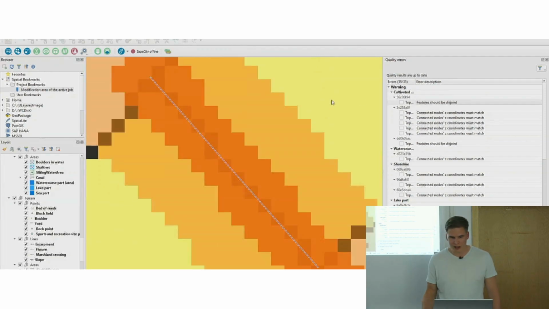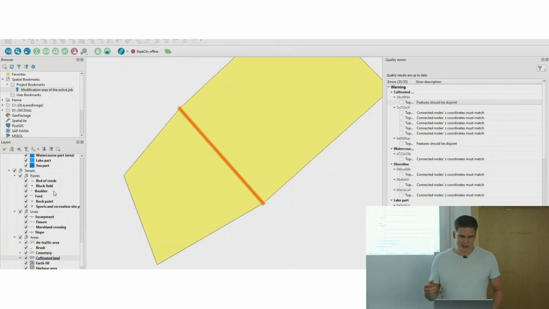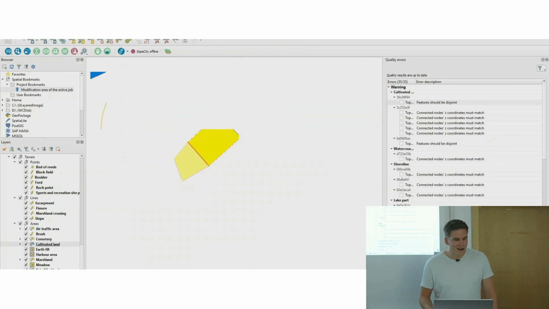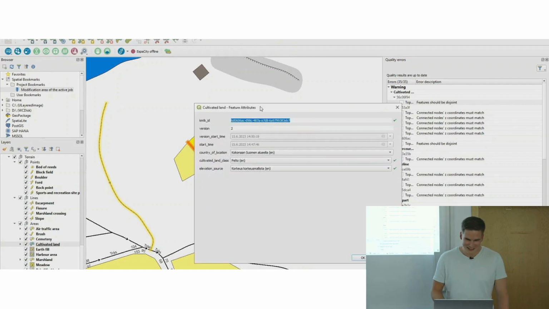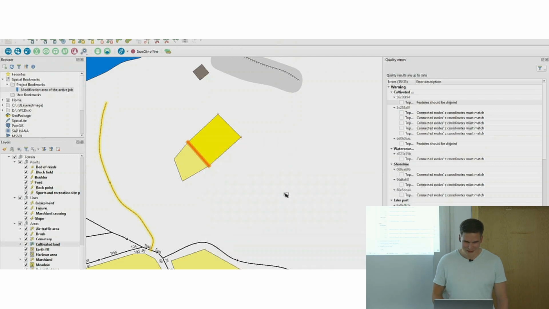And when you click on an object, it automatically zooms to that object and selects the layer. So basically the error here is that two fields are next to each other, so they have to be combined, so to speak. So now I'm changing the attribute for this field to be unguarded. So hopefully when I click the garden there in a second and save the changes, you will see that it will disappear from the list in a couple of seconds.